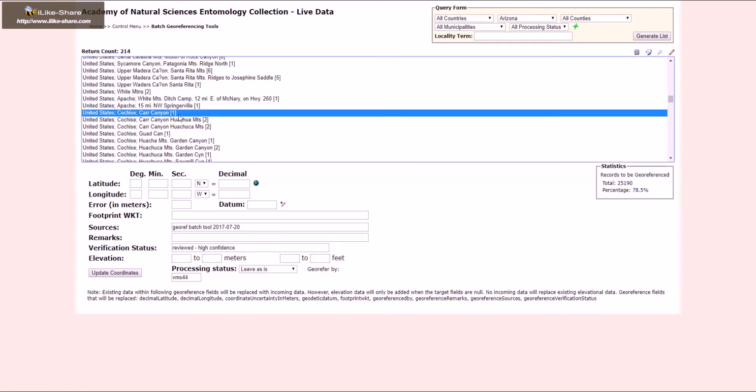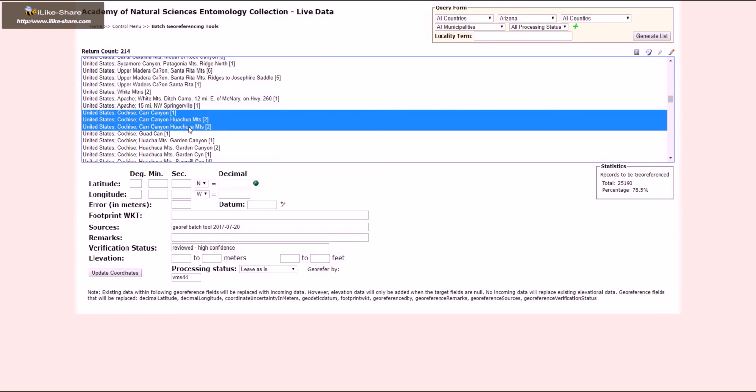So here, Carr Canyon. You'll notice that I have multiple localities that say the same thing, essentially, so I can click on them to also select them, and then once I import my lat long back in, I can update all 5 of those records instead of those individual lines. So we'll click here on the GeoLocate tool,